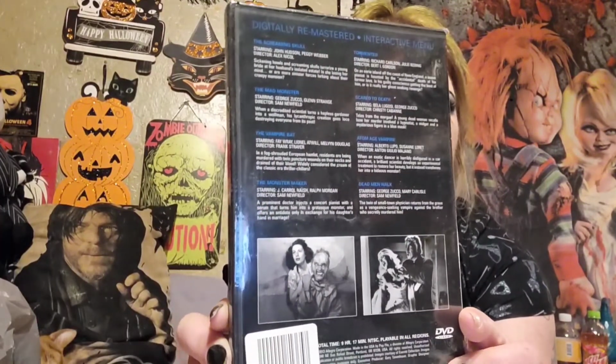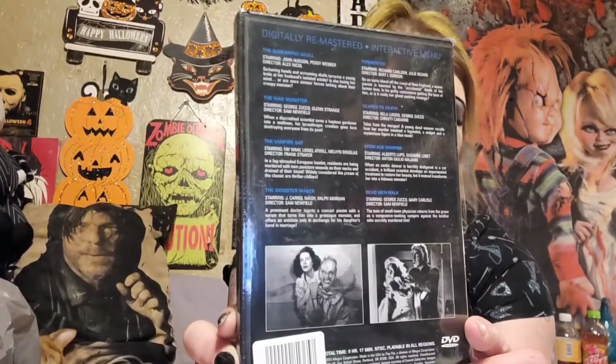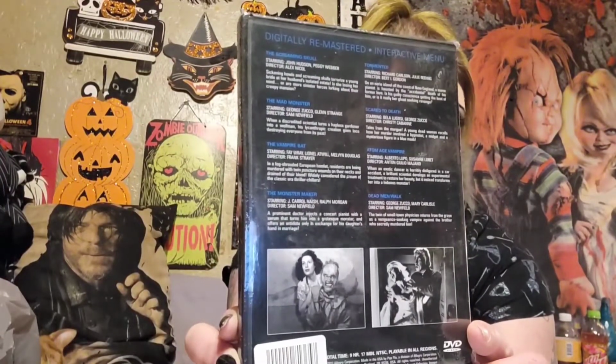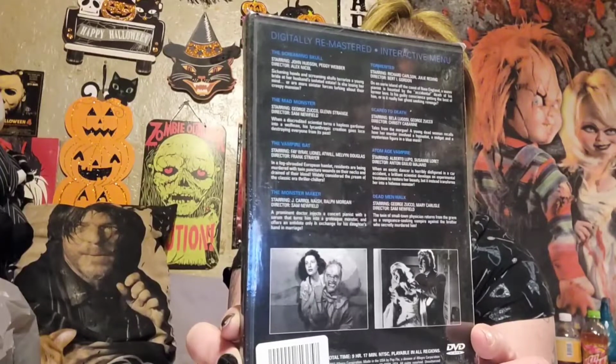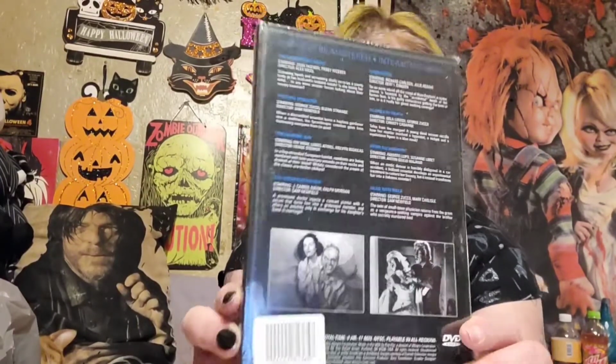Damn glare. So this was one of the other sets that I was really happy to find. So there's like 3 horror things out of everything, and usually there's like a shit ton, but that's like 3 horror things. And then